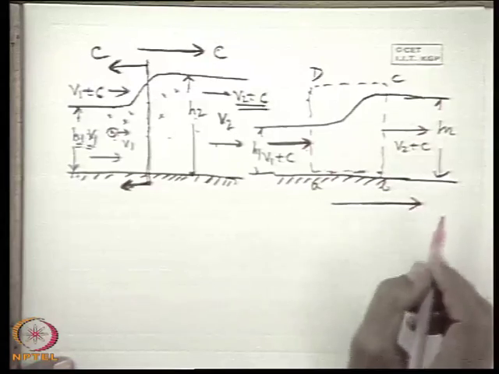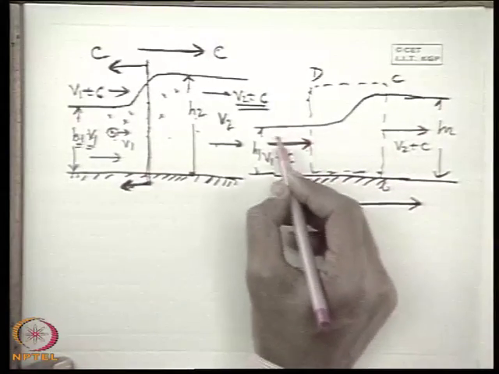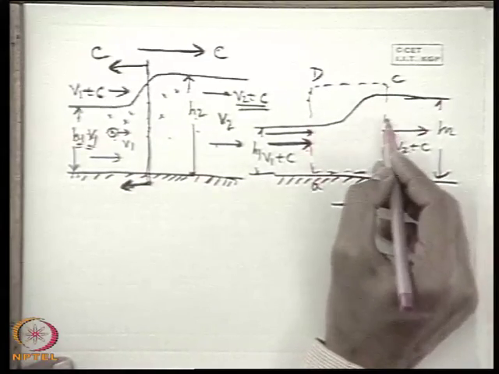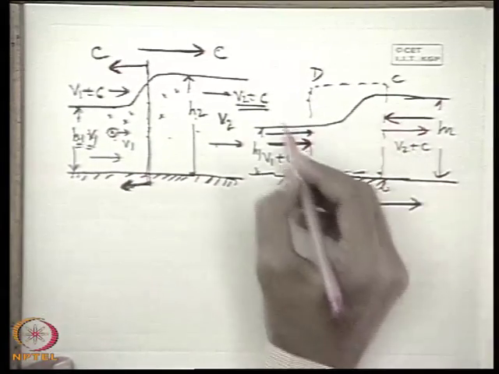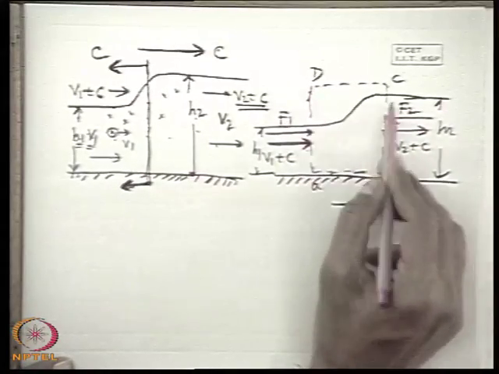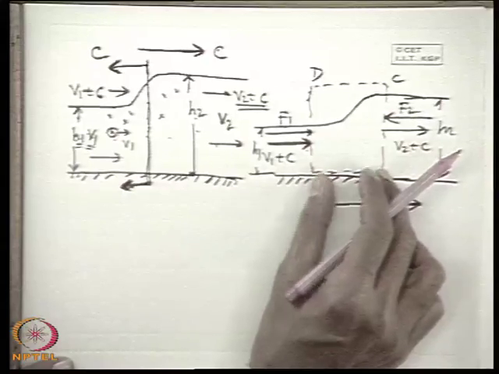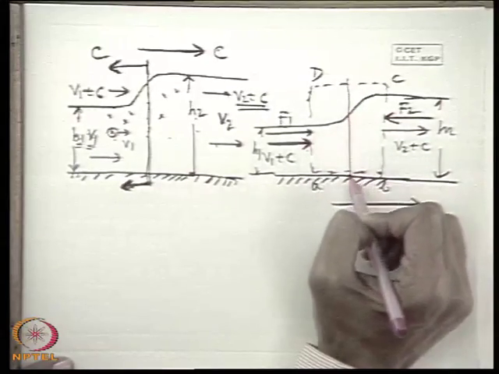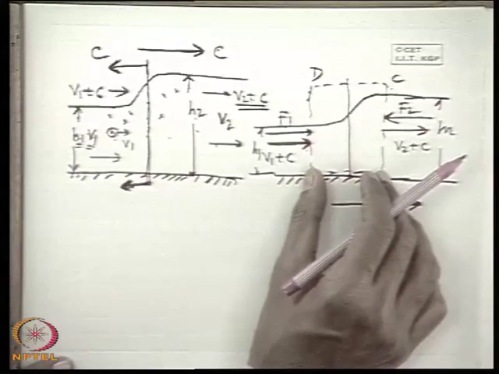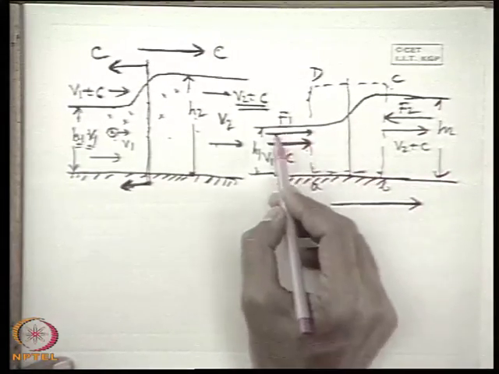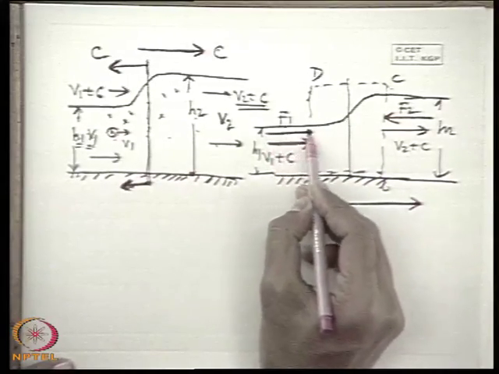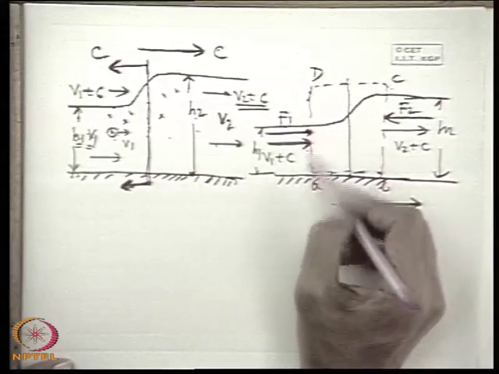What is the force acting in this direction? One force is the force which is acting on this surface due to hydrostatic pressure. Similarly, on this surface, the force acting in this direction is the hydrostatic pressure. Let this force be F1, this force F2. And if we consider this control volume to be small, that means this distance to be small enough, because the wave is very thin. So here it is shown in the diagram in a very exaggerated way. Actually, this width is very small, so that the frictional force can be neglected as compared to these other forces, hydrostatic forces.